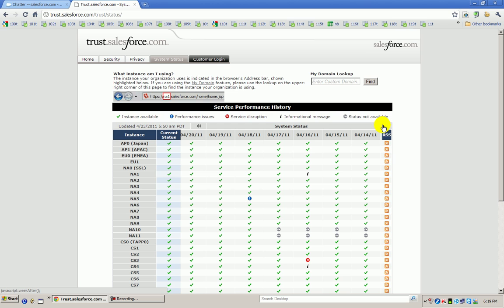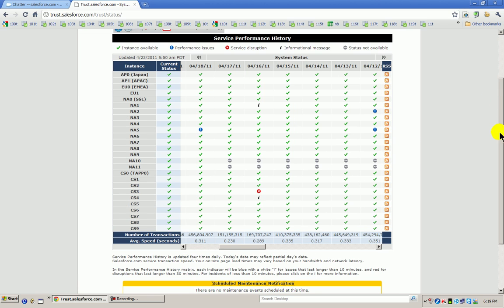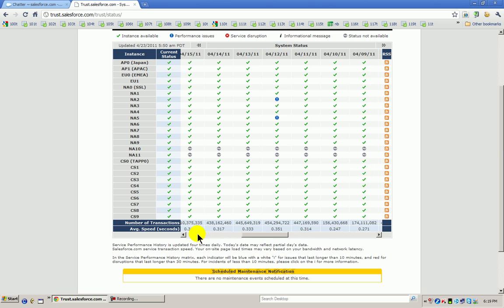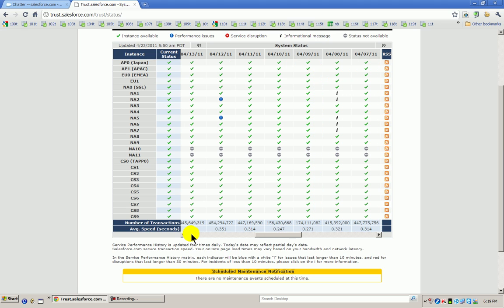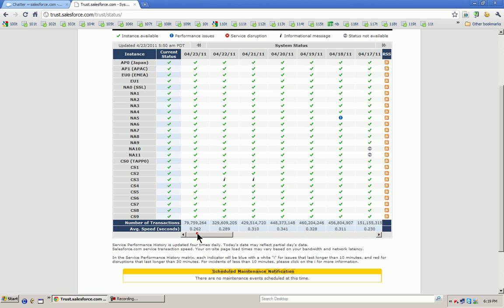On the same page you can see the number of transactions happening as of now and the average speed, in milliseconds. They commit to less than 300 milliseconds.